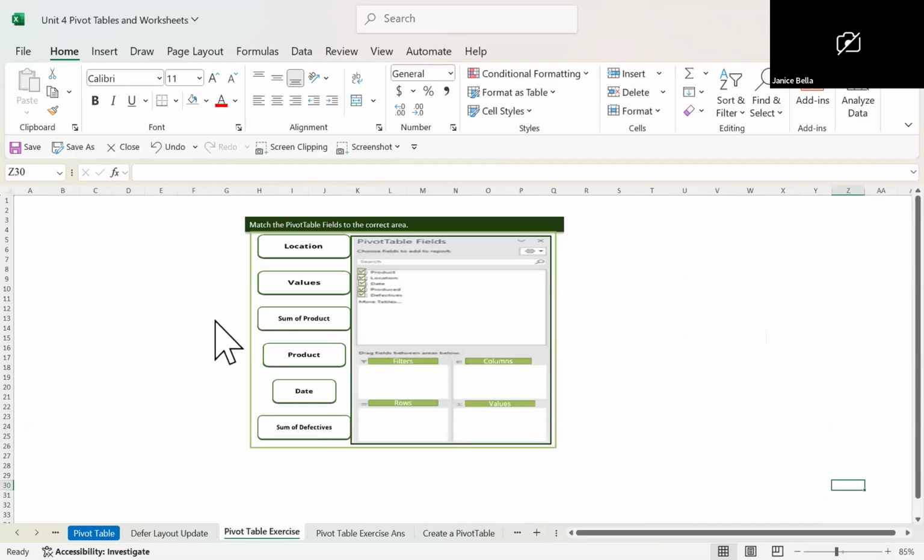In IntelliPath, this is one of the exercises you'll be doing. You have to look at these variables and match them to the correct area. So it's drag and drop. What's location? Is it a filter, a column, a row, or a value? Then you look at values. Based on our definitions, where should value go? How about sum of product? To help you,